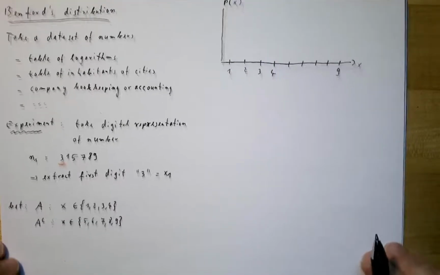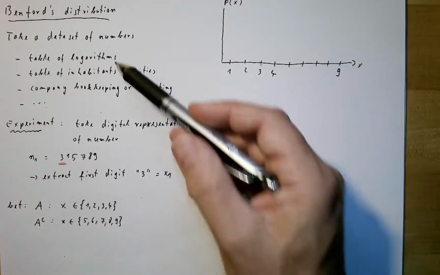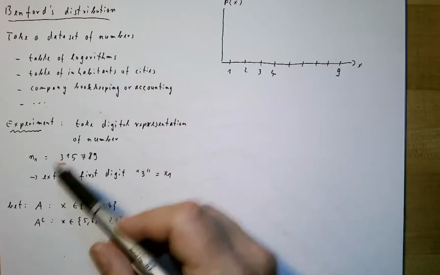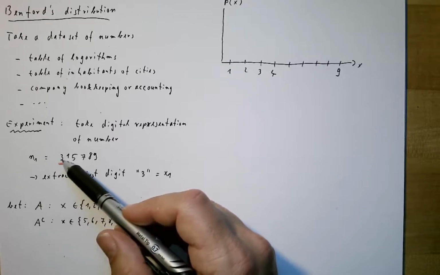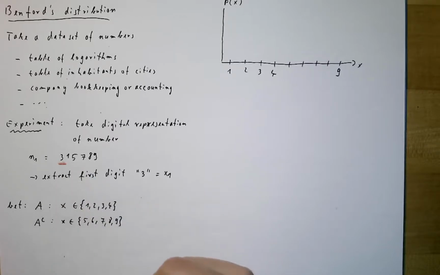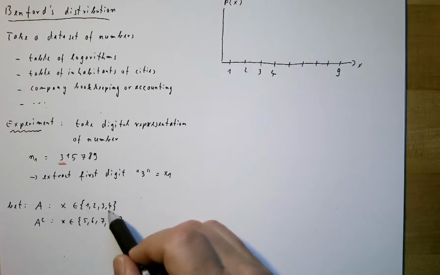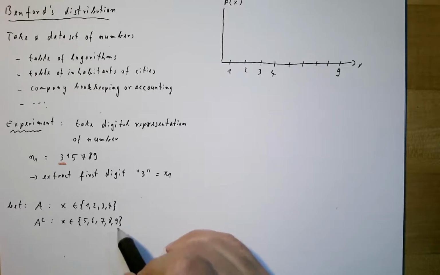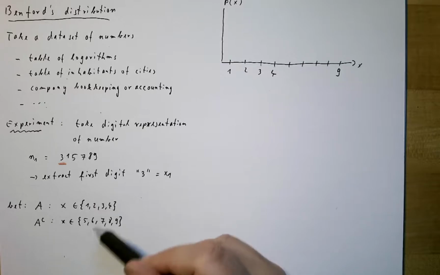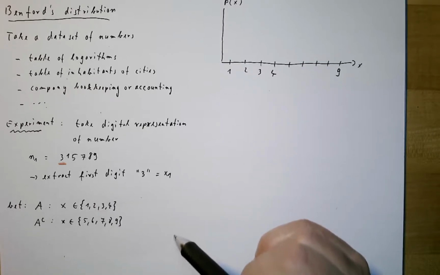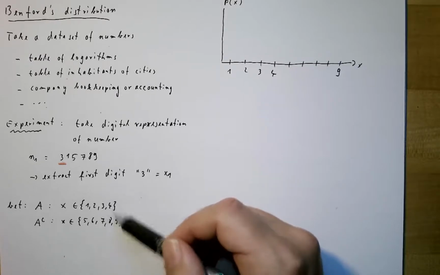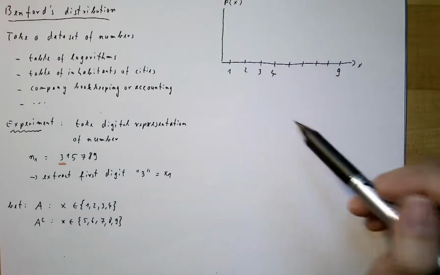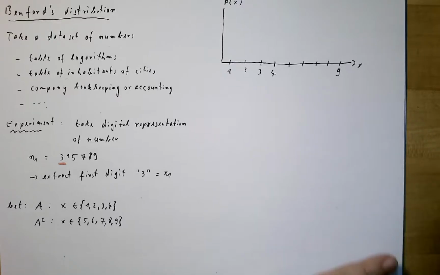And now I ask you, do you want to play this game with me? We take a random city, look for the inhabitants, take the first digit in the decimal representation, and if it's between 1 and 4, I get a coin from you, €1, and if it's between 5 and 9, I give you €1. Would you make this bet with me, and we repeat this 1,000 times? Who's winning will depend on how this distribution looks. And in fact, you would lose against me if you would do this,